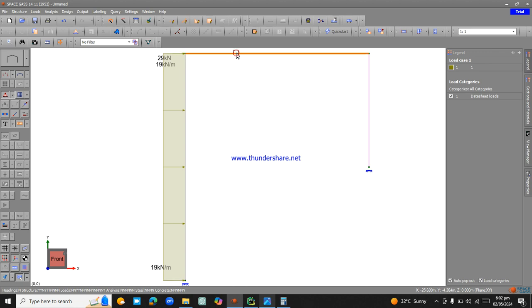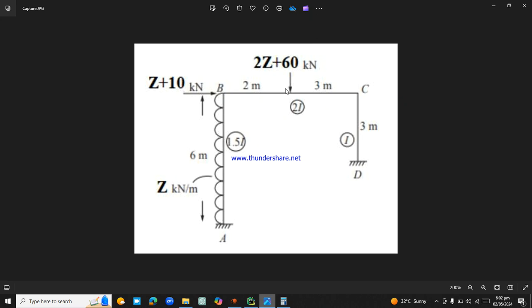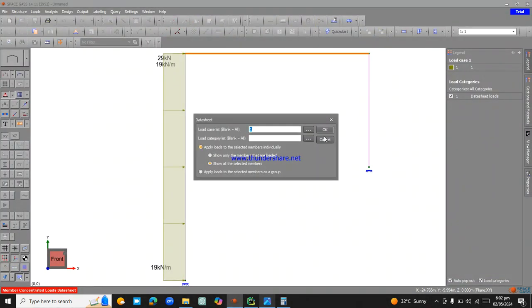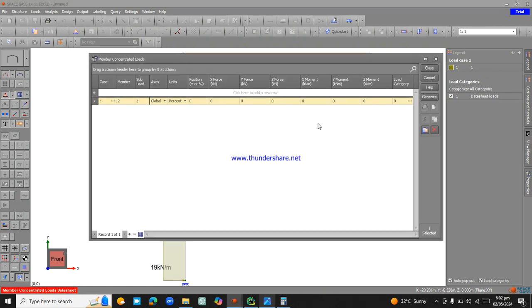Now select member 2 and go to member concentrated load, since we need to apply this load, which is at 2 meters from point B, and the value of this load is, let's consider 98 kilonewton. Click OK. Here and under units, select actual, select 2 meters, and it is